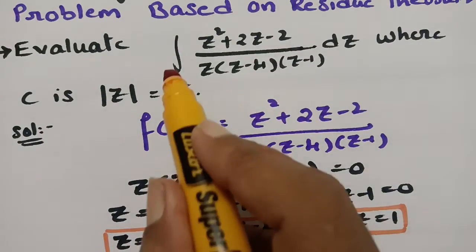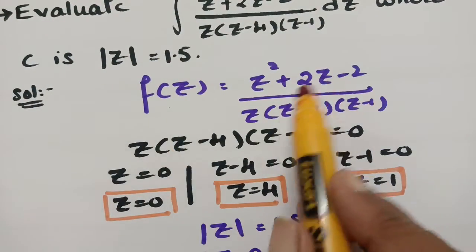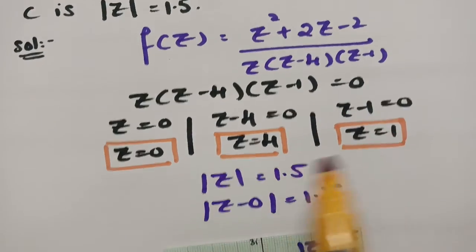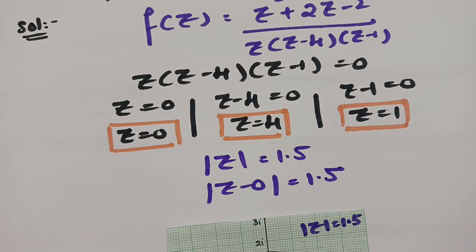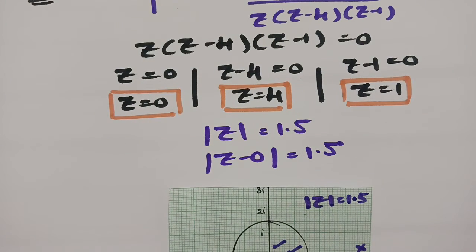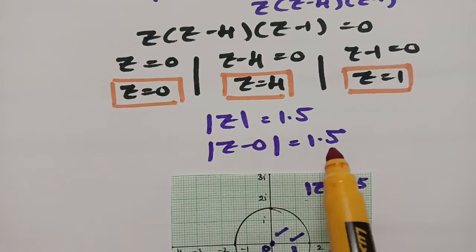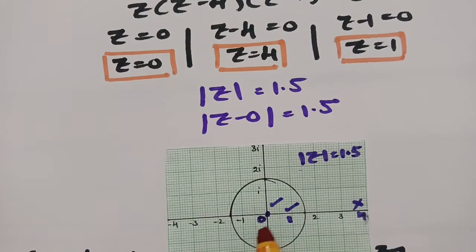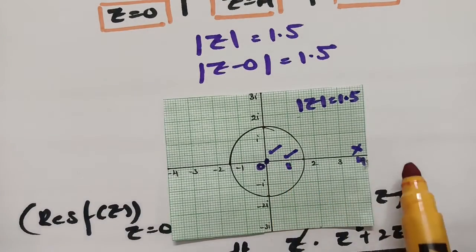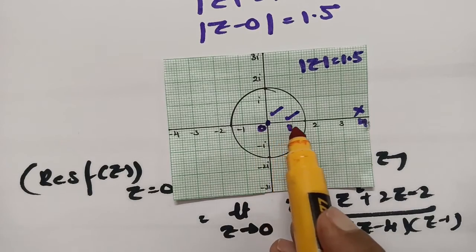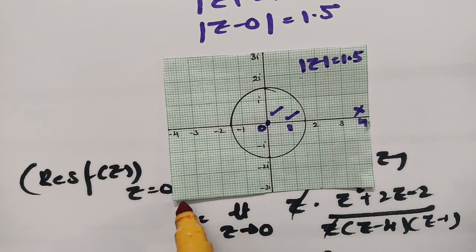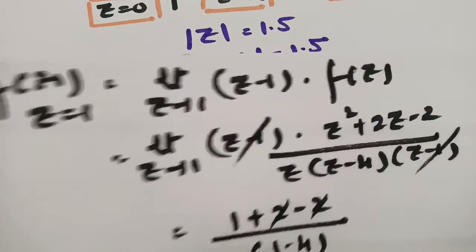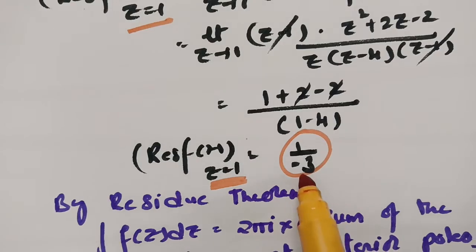Here the question is given as the integral of f(z) dz. So f(z) is taken as this one. If I equate the denominator to 0, there are three simple poles: z equals 0, 4 and 1. And here our circle is given as mod z equals 1.5. It means that it is a circle with center 0 and radius 1.5. With center 0 and radius 1.5, 0 and 1 are within the circle and 4 is outside the circle. So we have to find the residues at these two pole points, 0 and 1. At 0 the residue value is minus half, and at point 1 the residue value is